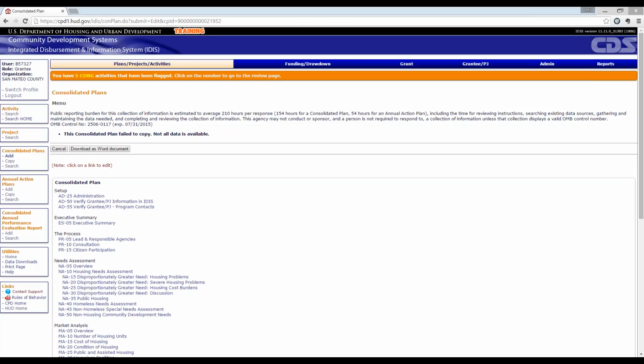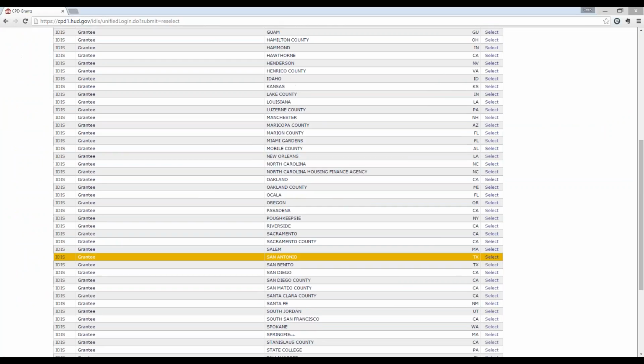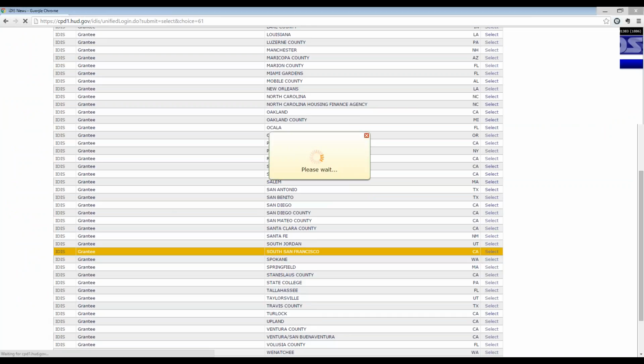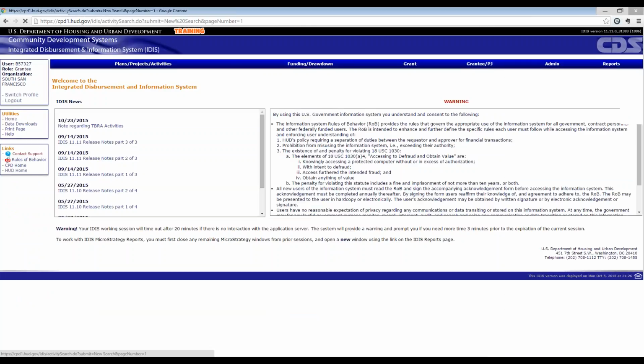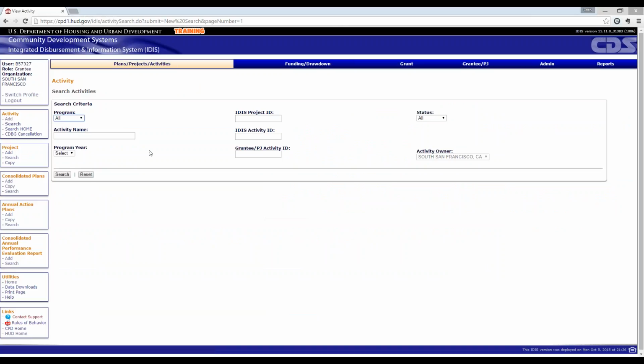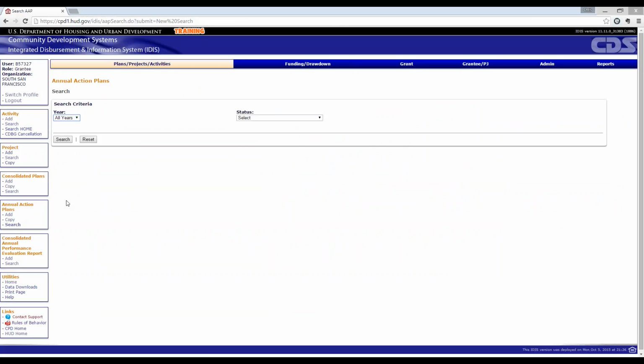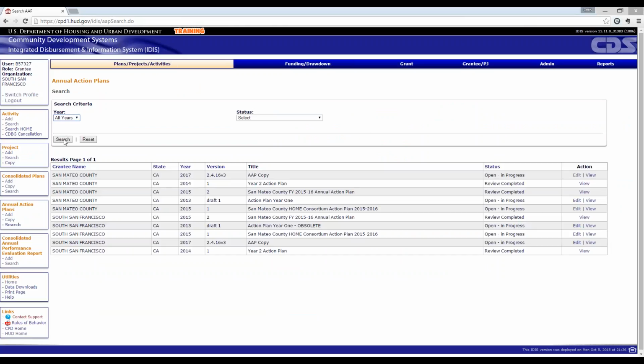The next question is, can you please demonstrate how a participating grantee can access the annual action plan that the lead grantee set up? Sure, I'll switch profiles here back to South San Francisco, and I'll come under the Plans and Projects and Activities tab. Under Annual Action Plans, I'll click on Search and click on Search again.